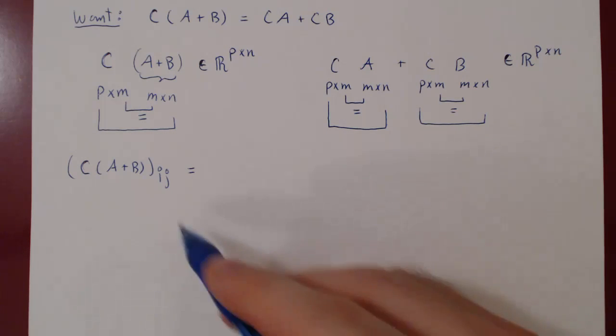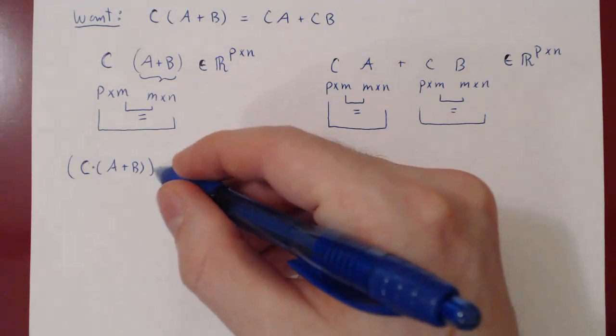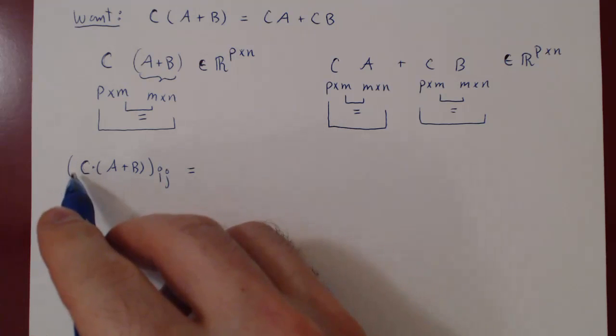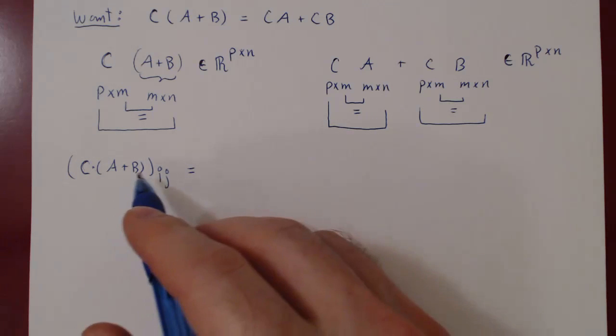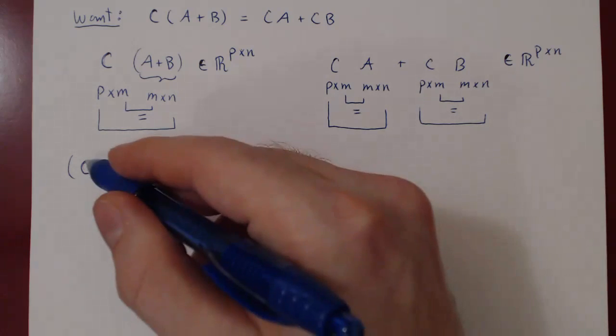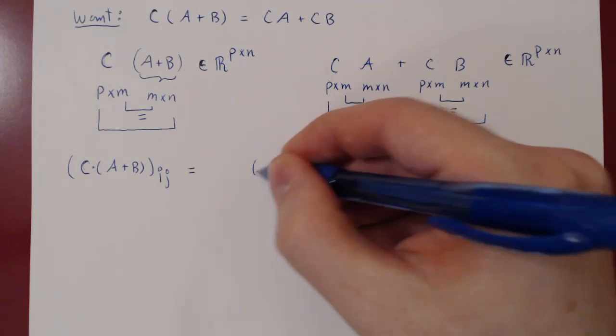If you remember, to find the entry in a product of matrices in the ith row jth column, we have to multiply the ith row of the first matrix, which is C, times the jth column of the second matrix. And so, okay, we take the entries in the ith row of C,